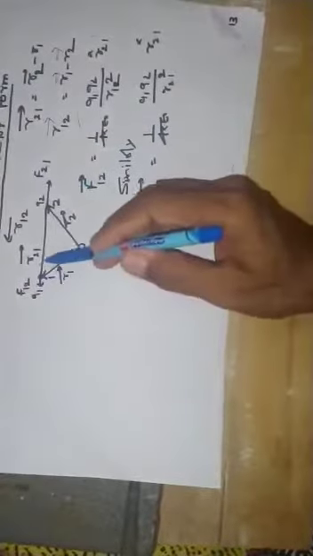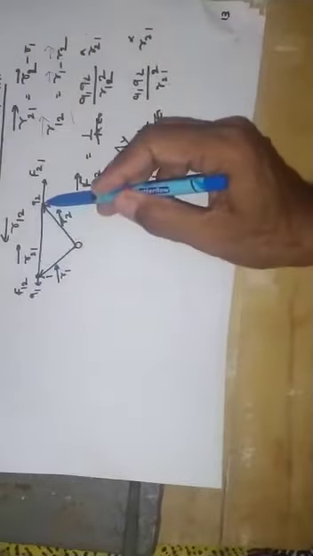Therefore the force F21 on charge Q2 by charge Q1 is equal to 1 by 4 pi epsilon 0, Q1 into Q2 by R21 square. This is the scalar form, and if we write it in vector form, we take the vector direction of the distance R21. In this way we write Coulomb's law in vector form.